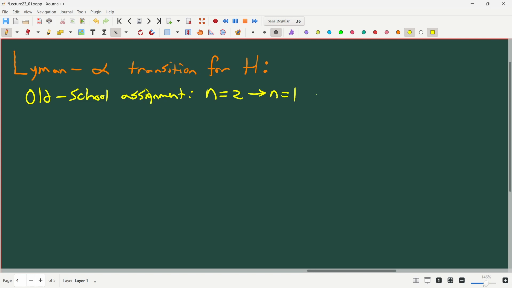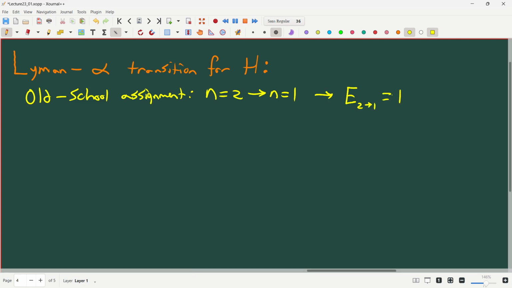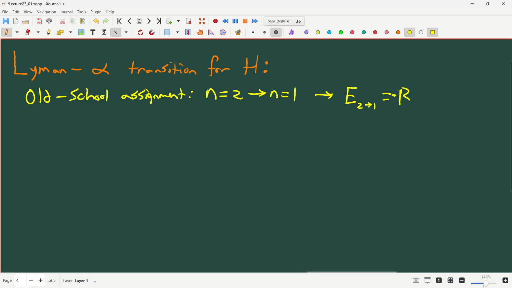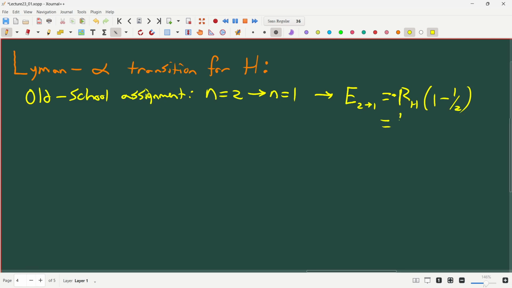And that's, of course, going to be at some energy. The energy of this transition is going to be the Rydberg times 1 minus 1/2,